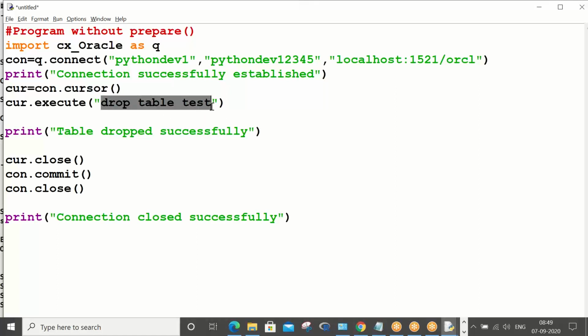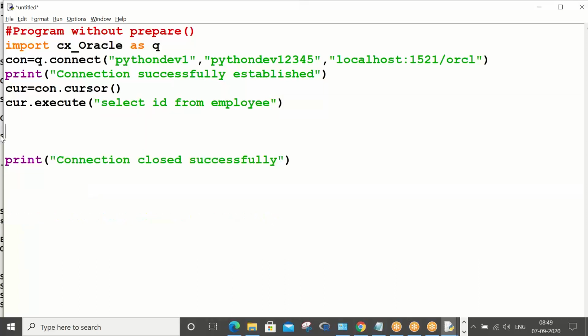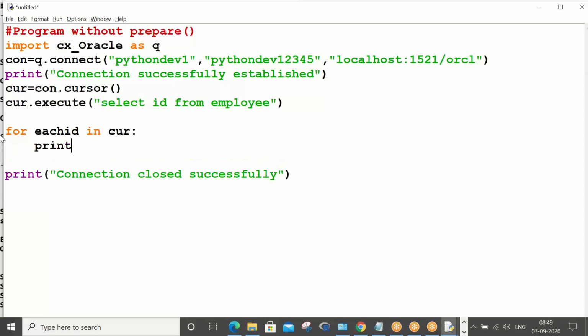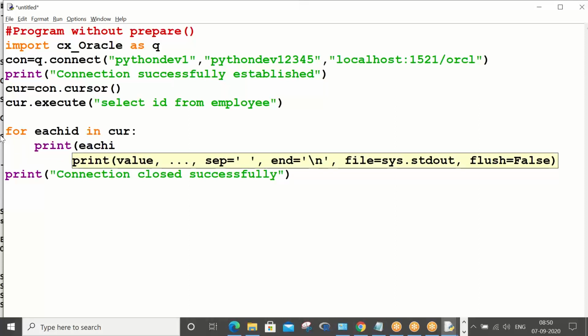Now what I'm going to do: some changes. Select id from employee. Now, for each id in cur, print each id.